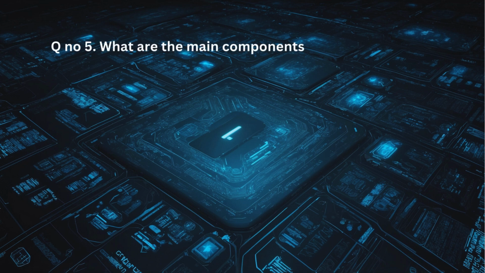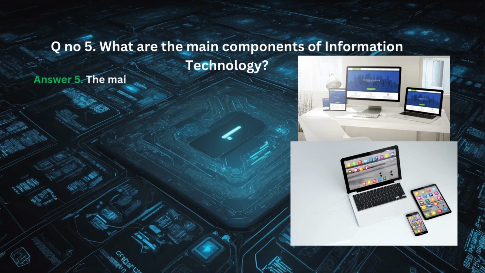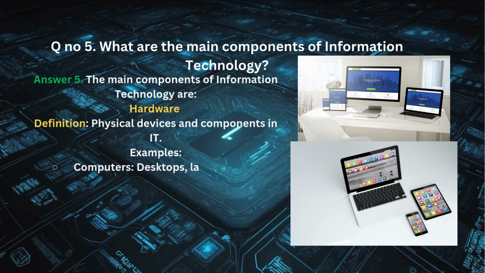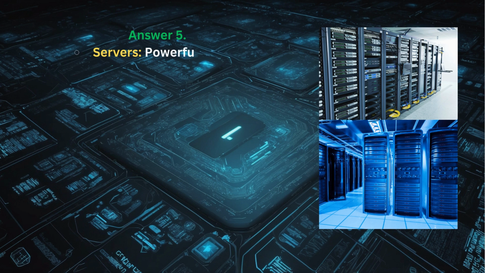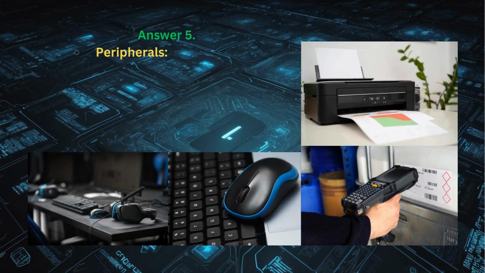What are the main components of information technology? The main components of information technology are hardware. Definition: physical devices and components in IT. Examples: computers, desktops, laptops, tablets, servers, powerful computers that provide resources and services to other computers on a network, peripherals,